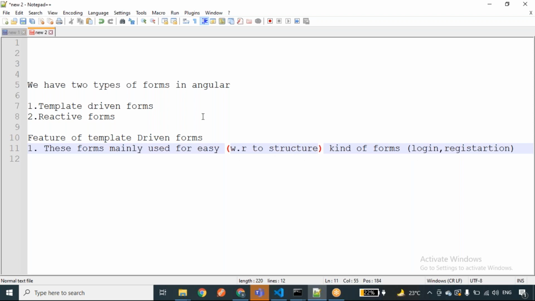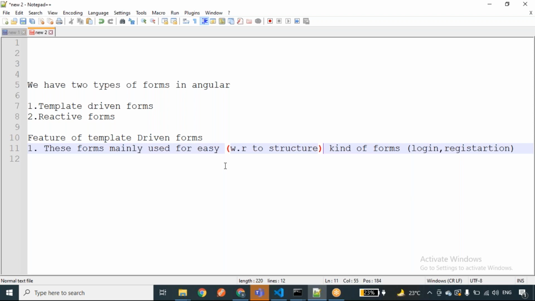So in those scenarios, we are going to start writing Angular forms using the template driven concepts. We can consider it a login form and a registration form. Then what is meant by complex forms? Complex forms are nothing but forms with a lot of fields, and whenever we change some value, we need to do some kind of validation, or change other input values.